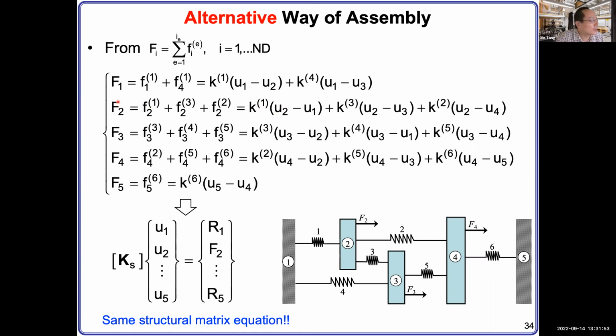Now, follow the same procedure. You write F3, F4, F5. All the nodes, your forces, you can write this way. Once you write it this way, you can see the forces are given here, and the displacements are all there. Then you can sort out the displacements and write it in terms of U1, U2, U3, U4, U5. And here, in this case, U3, U4, and U5 equal 0 for the first equation, and the others have their own terms. And then extract all the displacements.